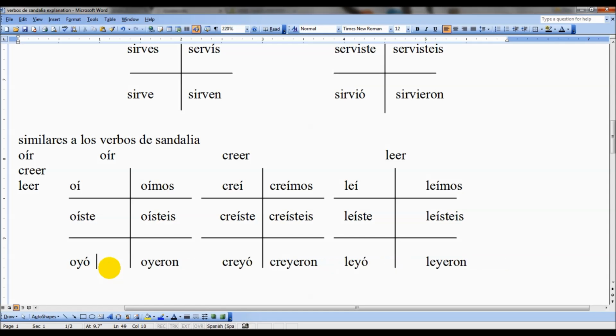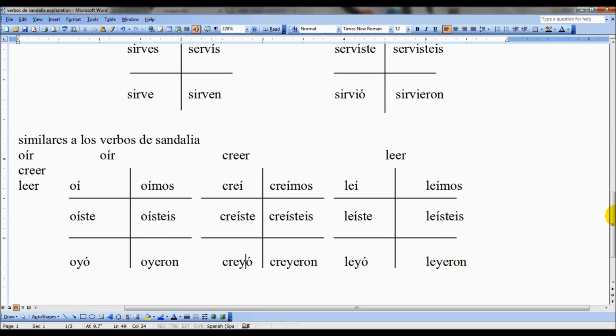You may have also seen that when you learned the present progressive form of the verb, where you're talking about like I am reading the book, and we change the word leer to reading, which looks like this, leyendo. Oh man, that jumped way down there. Sorry about that. Leyendo. So that I again changes to a Y. If you haven't learned that, this is another day, so don't worry about it. But if you want to learn more about that, it's called the present progressive. So these ones, just the bottom ones, that I changes to a Y, and I thought I'd just point that out to you.